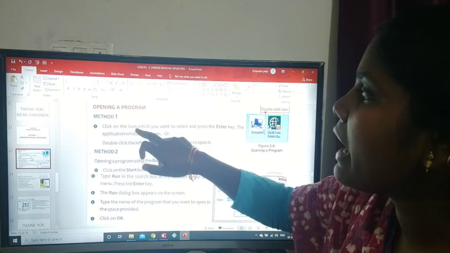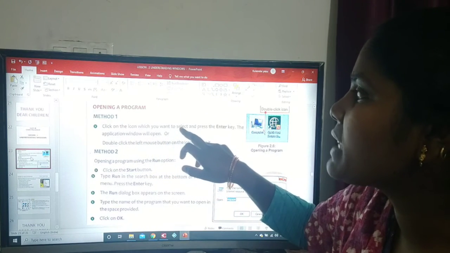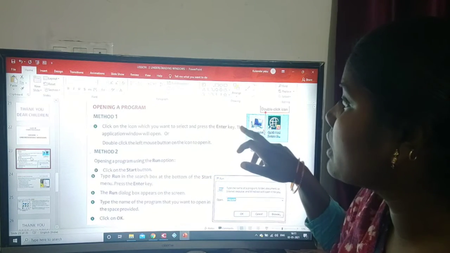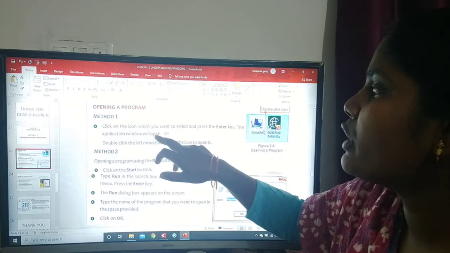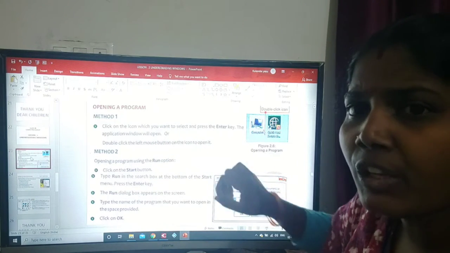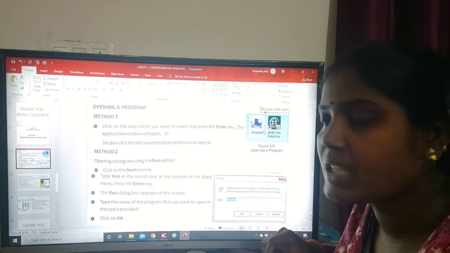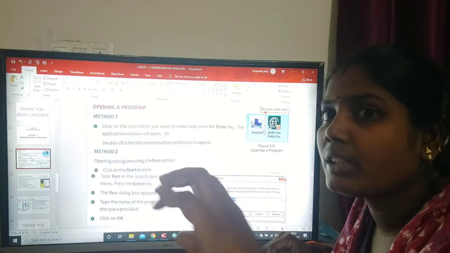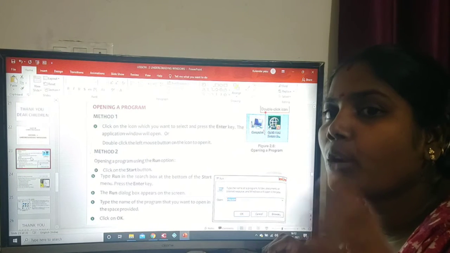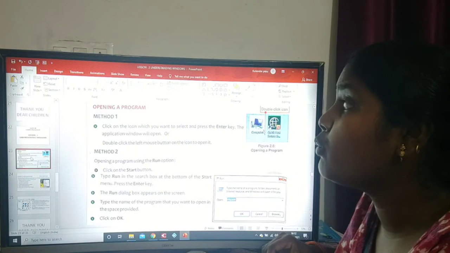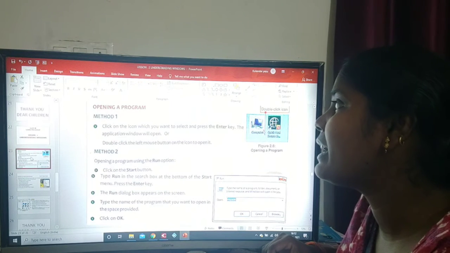So click on the icon which you want to select and press the enter key. The application window will open. So this is method 1. This is one way to open the application, that is, click on the icon. For that we have to open the desktop, click on the icon you want to select and press the enter key.